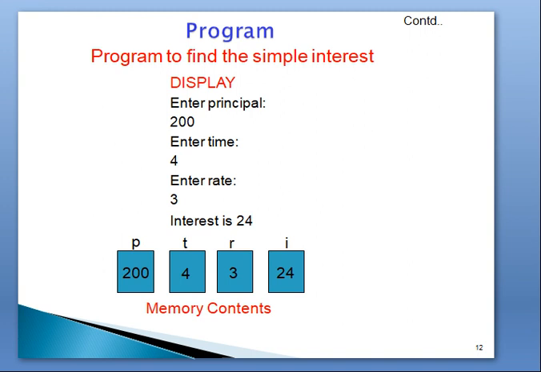In the second printf we wrote enter time; the user will enter the time, that is stored in the t variable. In the third printf we wrote enter rate. Then the user will enter some value, and that entered rate is stored in the r variable.